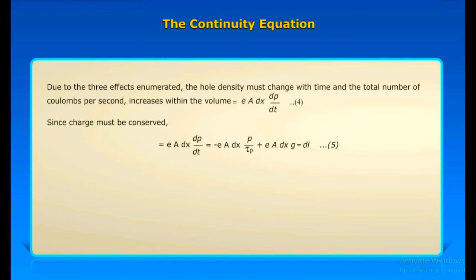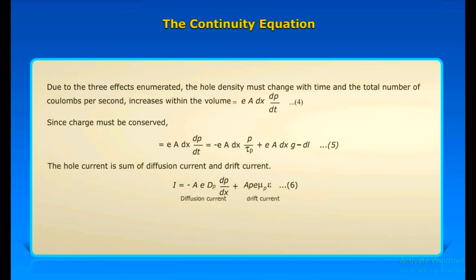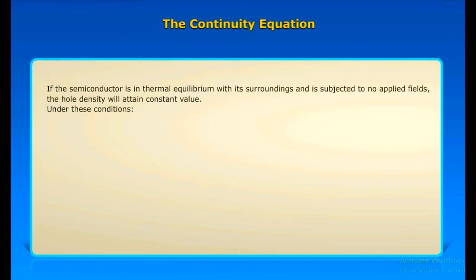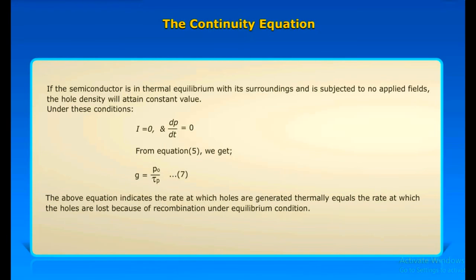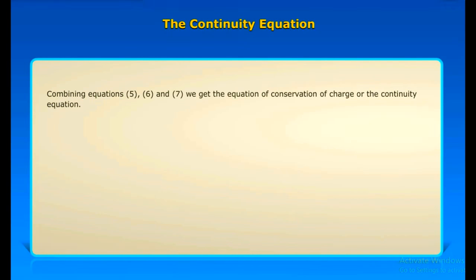Since charge must be conserved, the hole current is the sum of diffusion current and drift current. If the semiconductor is in thermal equilibrium with its surroundings and is subjected to no applied fields, the hole density will attain a constant value. Under these conditions, the above equation indicates the rate at which holes are generated thermally equals the rate at which the holes are lost because of recombination under equilibrium condition. Combining equations 5, 6 and 7, we get the equation of conservation of charge, or the continuity equation, as